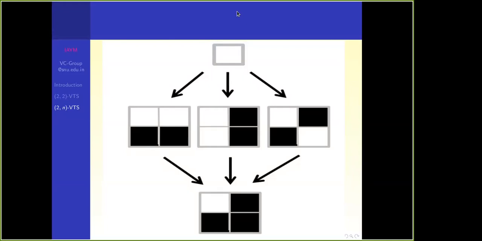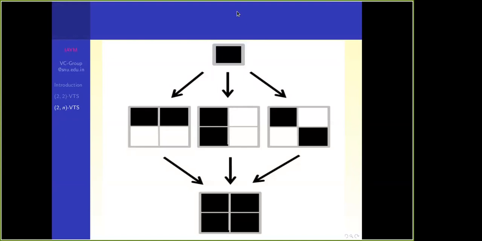So in 3 comma 3, what is happening now? A white pixel I am giving to 3 people. They combine together, then they will get one. Still white is there. Now that white pixel becomes 3 shares, and if you combine the 3 shares, I'll get like this. Whereas a black pixel, if I combine them, I'll get like this.